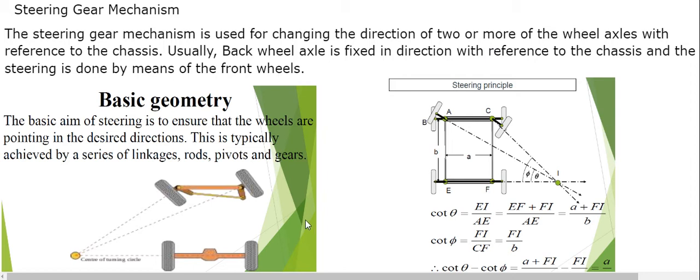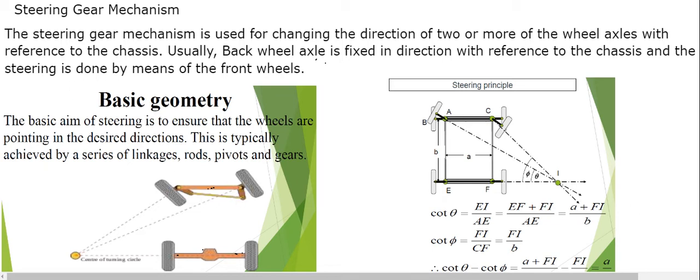Normally in our automobiles or cars or any automobiles we drive, the steering wheels or steering axle, we call it, is our front axle. The back wheel axis are not given steering, only the front wheels are given steering. So that means the front wheel will be turned, whereas the back axle, the thing that connects two wheels, will be fixed. Back axle will be fixed. Only the front wheel will be turning. So the back wheel will trail along the path traced by the front wheel. So normally we can say that steering is done by means of front wheels.